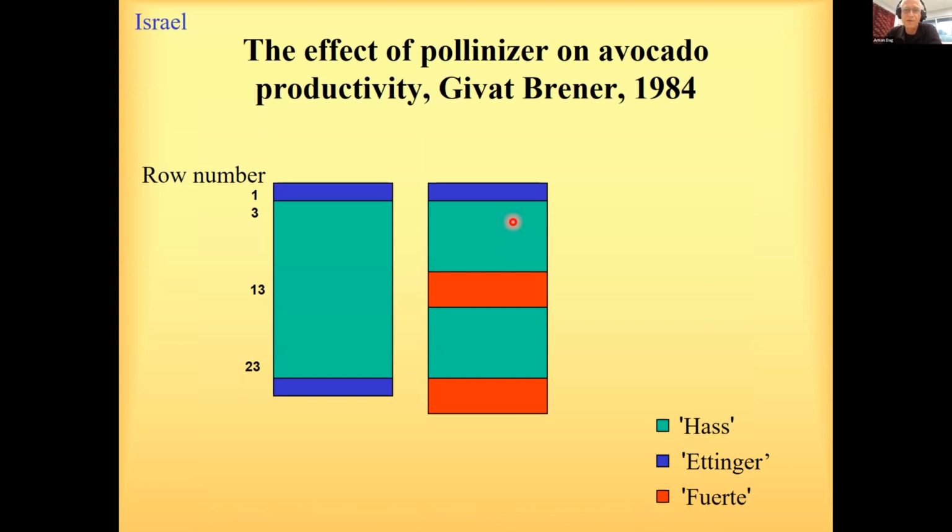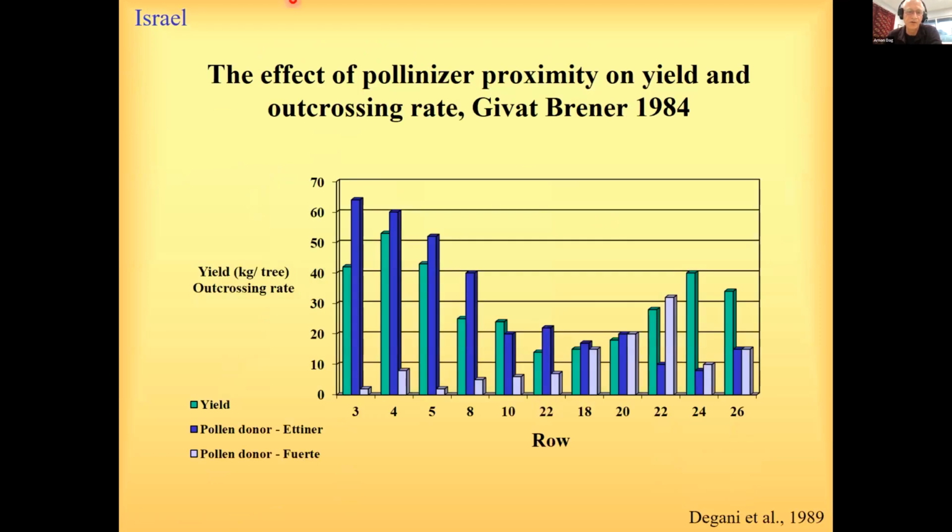This was one of the first studies, done by Hemdat Gani and Shmuel Gazit. They had a solid block of Hass, with two rows of pollinizer of Ettinger at its edges, and they also had some Fuerte in an adjacent orchard. And when they looked at the productivity of this orchard, when they go away from the Ettinger tree,